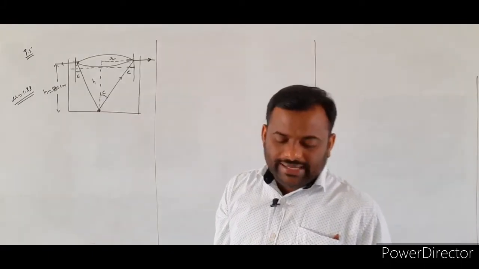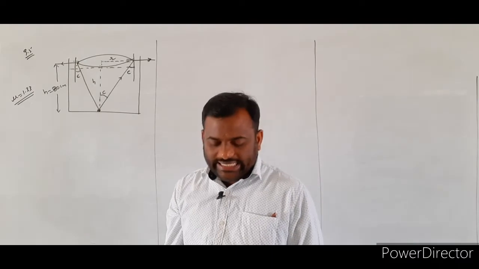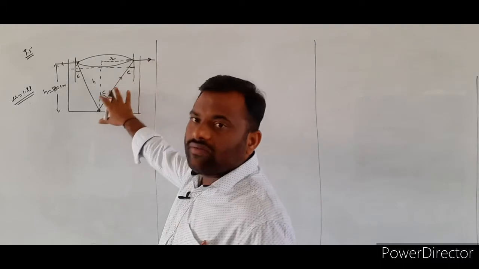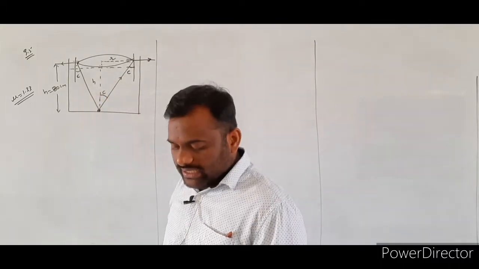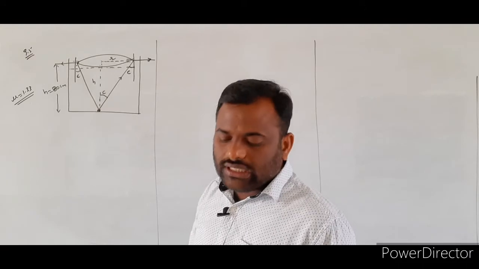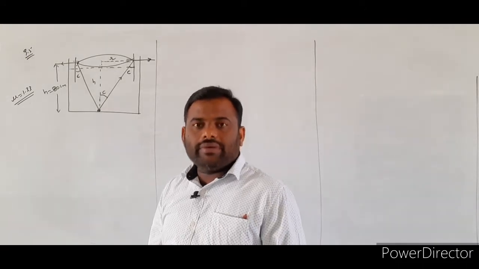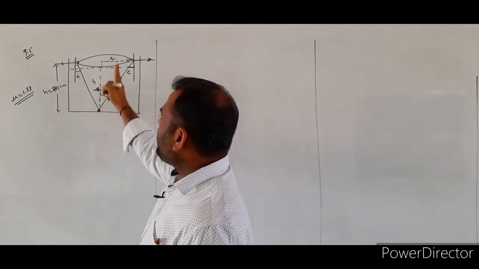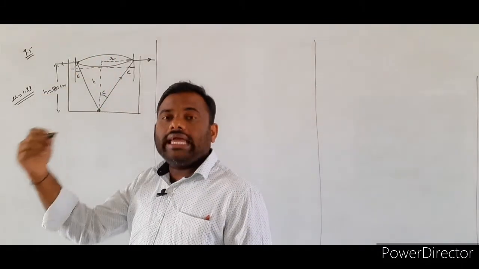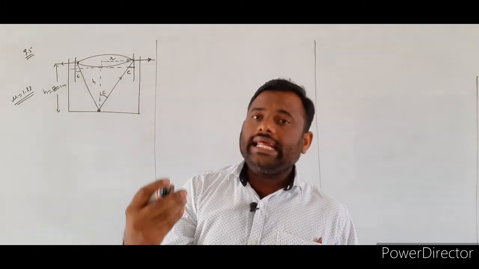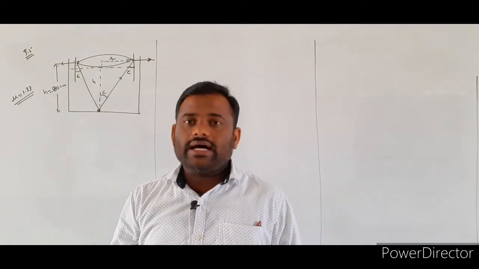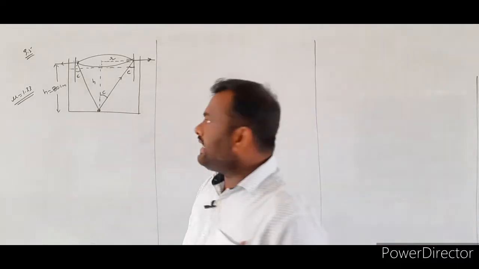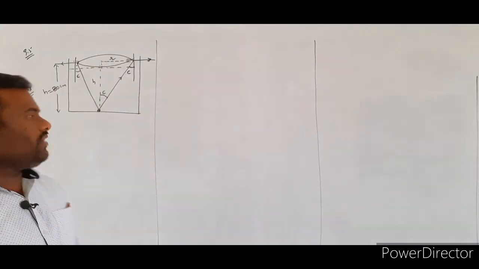A small bulb is placed at the bottom of a tank containing water to a depth of 80 centimeter. They consider one tank filled with water to a depth of 80 centimeter. What is the area of the surface of the water through which light from the bulb can emerge? So they place a bulb at the bottom of the tank, and from this bulb light rays are coming outwards. Through what area on the water surface these light rays will be present, that area value they are asking. And they also mentioned the refractive index of the water.